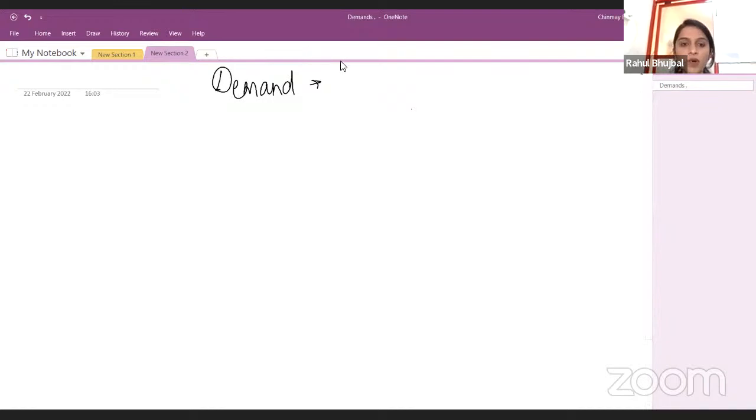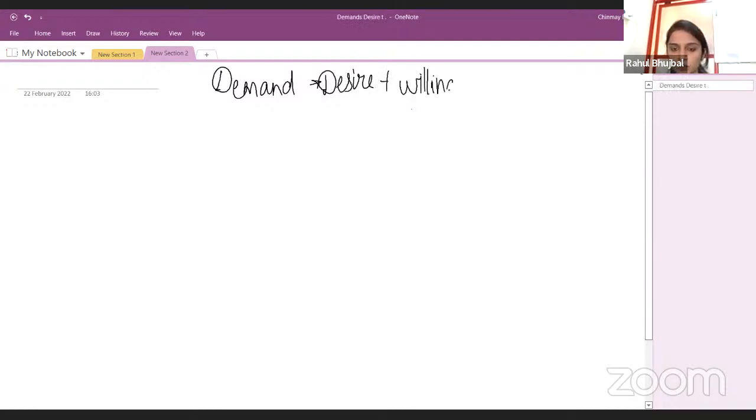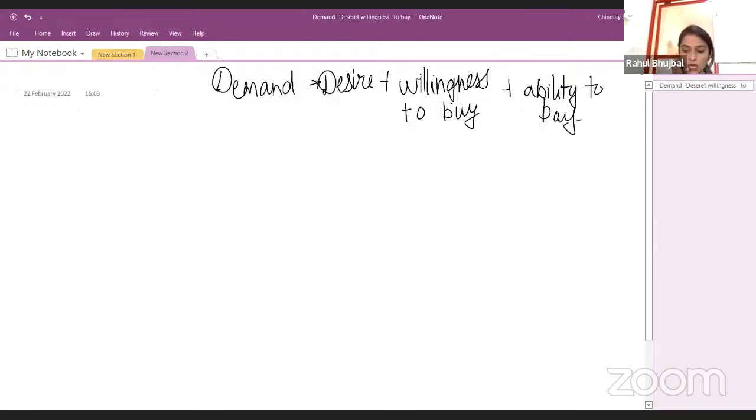So it is desire plus willingness to buy, and lastly ability to pay, right? ये क्वेश्चन आ जाएगा व्हाट इज डिमांड में, तो डिमांड की डेफिनेशन 2 मार्क्स को आ